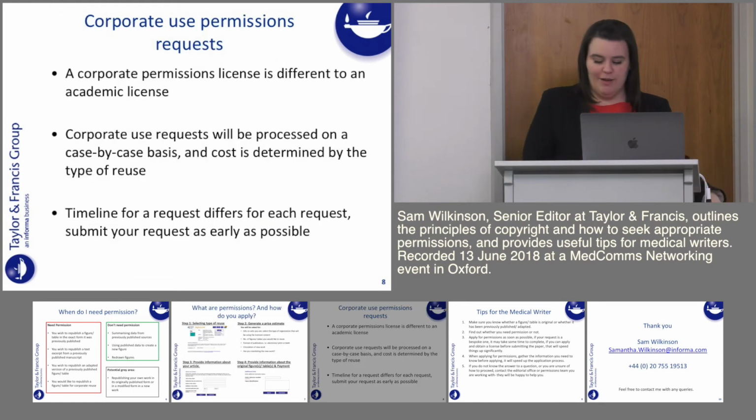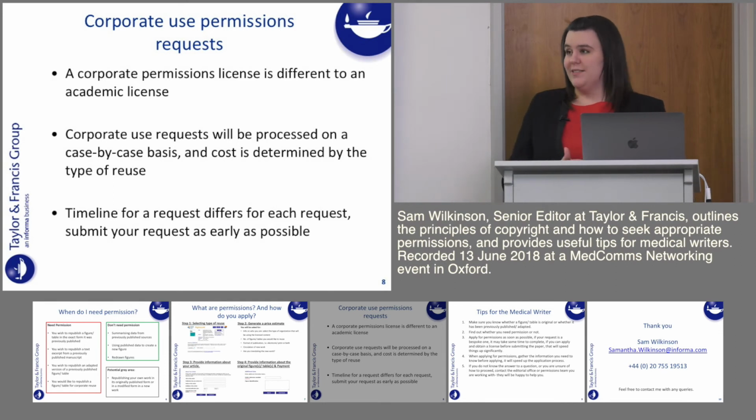So a little bit just about the corporate permissions requests that we have at Taylor & Francis. A corporate use permission is when a commercial entity wants to use some content from a journal article to either use it within a commercial organisation, or they wish to promote something that their company was a part of. At Taylor & Francis, we also quite often get presentation requests when companies or corporate clients are presenting their work